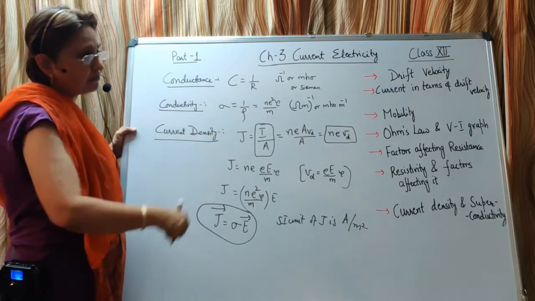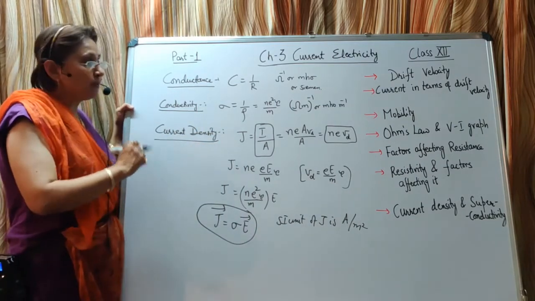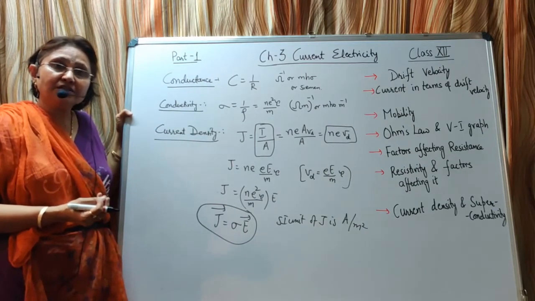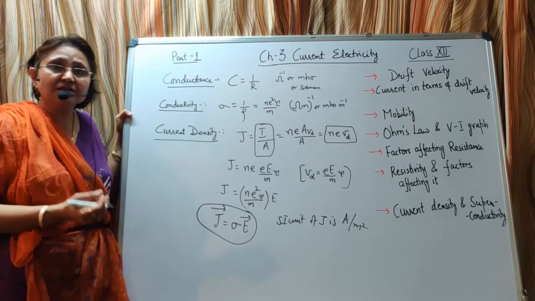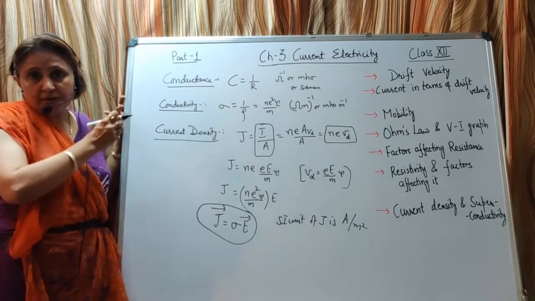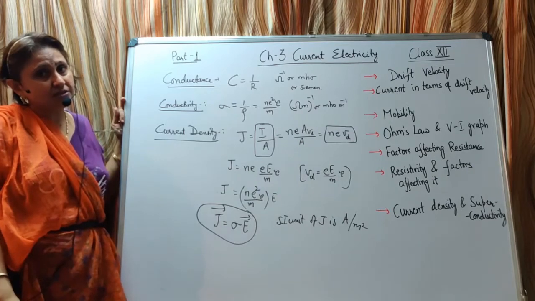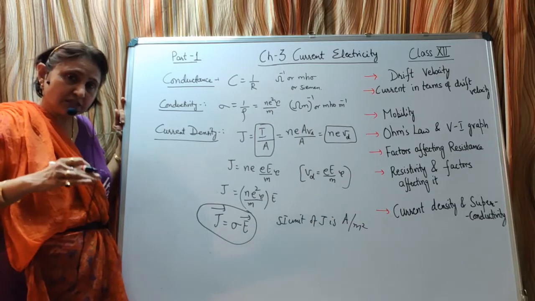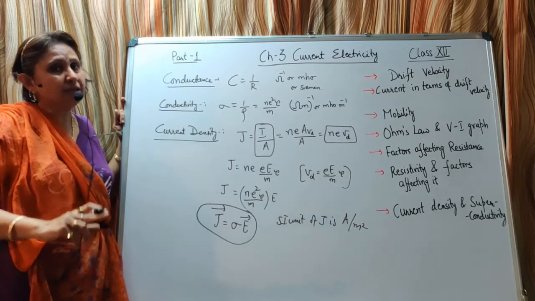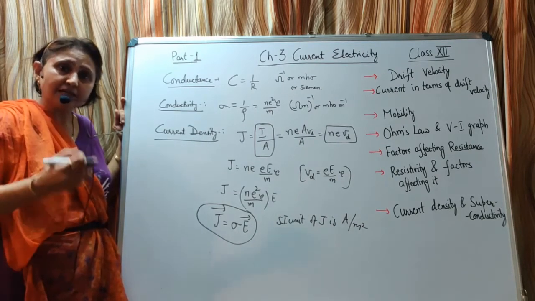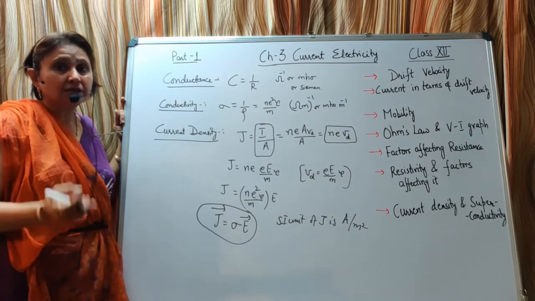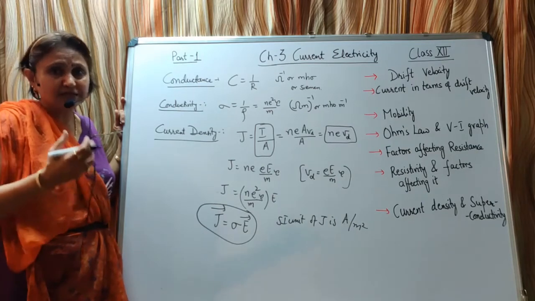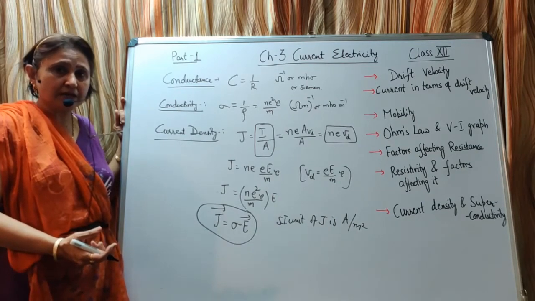Okay, one last topic we'll study in this part is superconductivity. Okay, we know that when the temperature increases, the resistance of a conductor increases. Okay, vice versa is also true. That is, when the temperature decreases, the resistance of the conductor decreases. Now the temperature is decreased until the resistance of that conductor becomes zero. That is, the resistance disappears. Then that conductor is said to be a superconductor, and this phenomenon is called superconductivity.